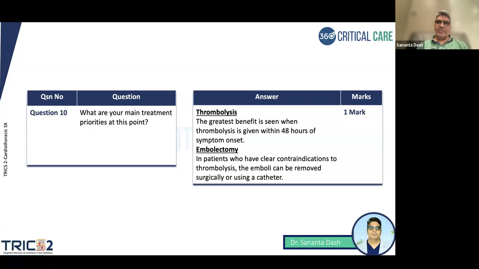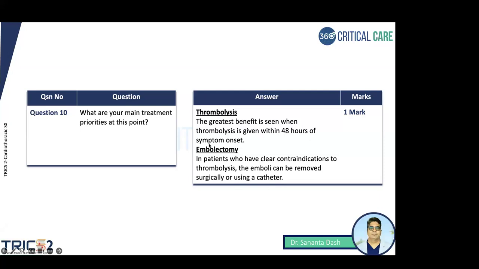He is still hypoxic, so there is no way out. He needs a procedure to decrease the clot burden, which can be either thrombolysis or embolectomy, right? So thrombolysis, the greatest benefit is seen when thrombolysis is given for 48 hours. This is just for explanation I'm talking about. You don't need to worry about it. And embolectomy is for patients who have clear contraindications to thrombolysis; the emboli can be removed surgically or using a catheter. Now, we talked about thrombolysis and embolectomy. Most probably,